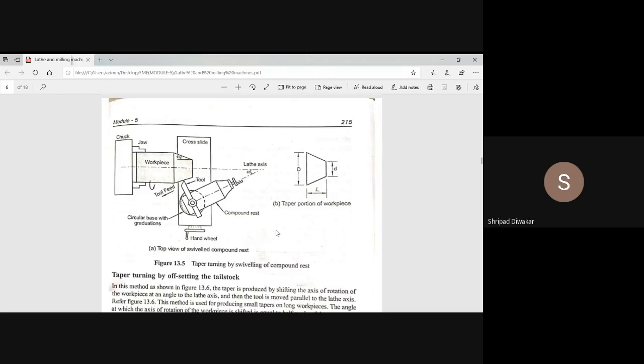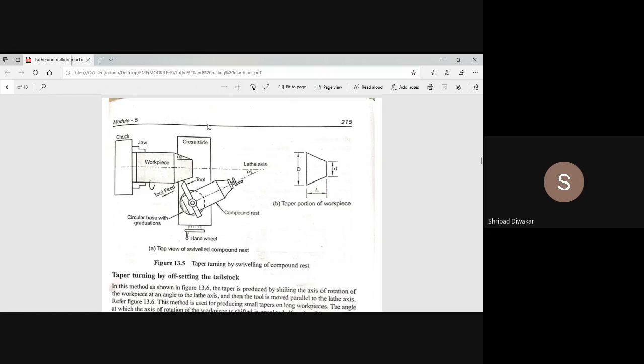Okay, so you remember all the operations we are performing on the lathe machines are conventional type. The workers and operators will do all these operations on the lathe machine. This is a conventional type, no computer programs involved. Everything we have to do manually. We have to calculate the angle, everything manually, then we have to set that angle. Hence it is called a conventional type machine. In an advanced manufacturing system, we have programs, but we don't have any programs in a conventional lathe machine. So all the things we are going to calculate manually.